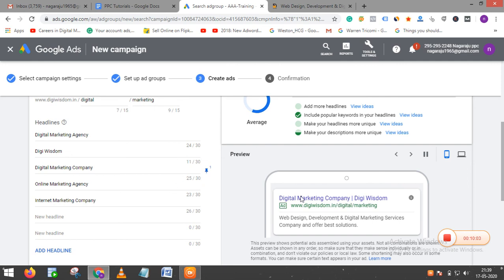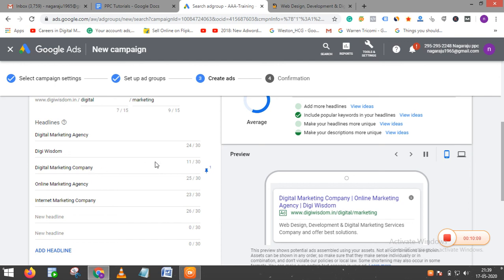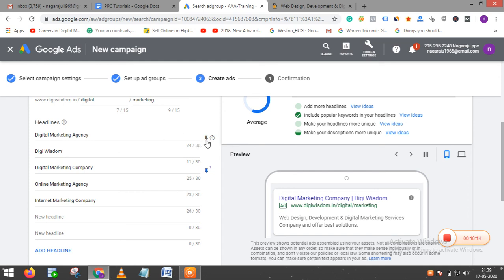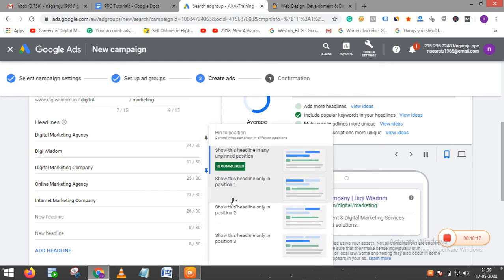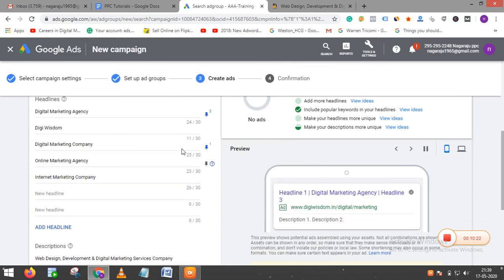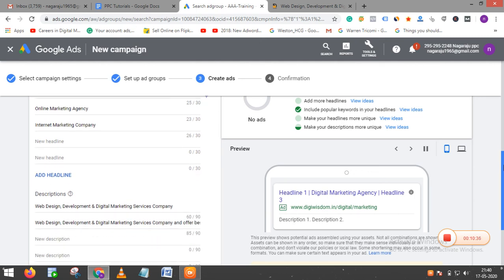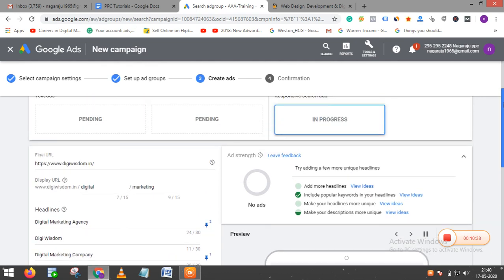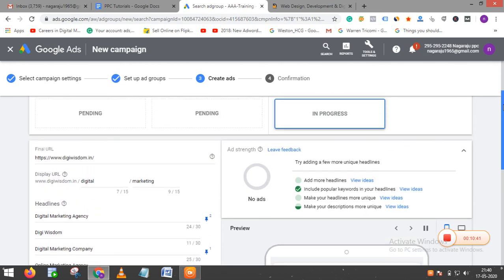Now Google can show other headlines in H2 and H3. Now I want digital marketing agency to be my H2 headline. Just click on the pin symbol and make it H2. Now Google by default shows digital marketing company in headline 1 and digital marketing agency in headline 2, but headline 3 Google will pick randomly. So this is how you can choose which headline you want in H1, H2 and H3.